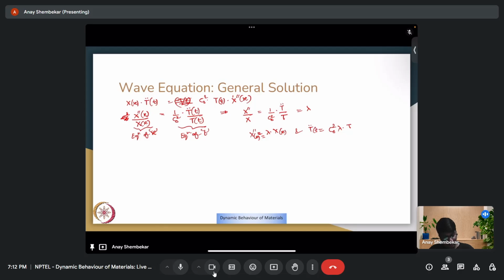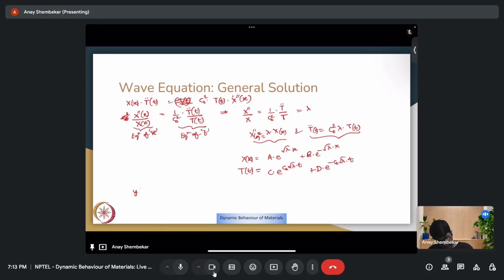T double dot of t is c naught square lambda T of t. From this, the procedure is straightforward. Both of these equations look like they are derivatives of an exponential function. So you could write capital X of x as some a e raised to root lambda x plus b e raised to minus root lambda x, capital T of t as c e raised to c naught root lambda t plus d e raised to minus c naught root lambda t,